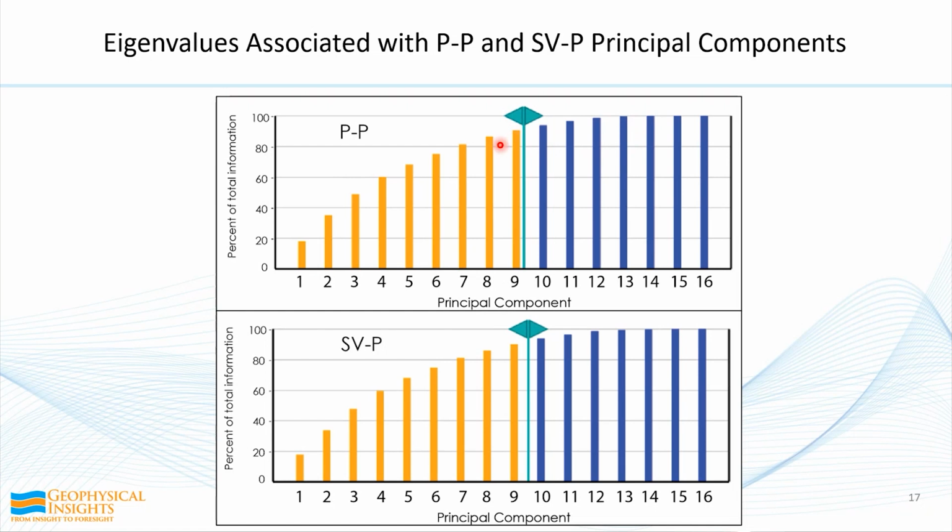And some want to be more aggressive and say, hey, if I get 80% of the information, I'm good. And so there's differences of opinion about how far you want to go in determining how many principal components you want to use in your analysis. And everybody's going to have a different opinion. And all I can tell you to do is just calculate them, do them, look at the result, redo it again with a different set of numbers for the population of the principal components you want to use, and develop your own comfort level with where you want the cutoff level to be as to how far you're going to go in using these principal components